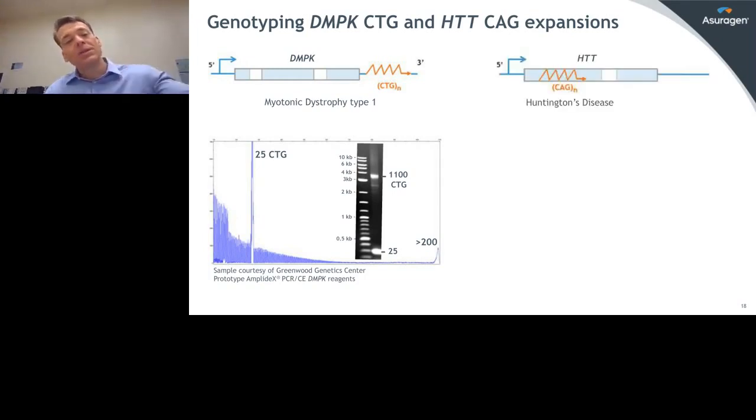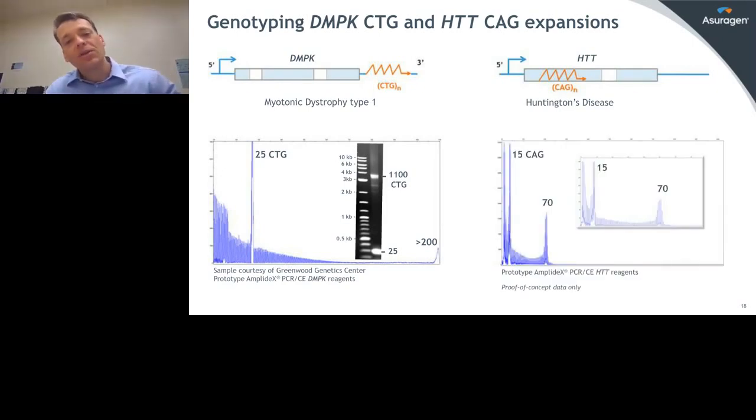Again, the ability to see the longer products is within the PCR, just outside of the reach of the platform in this case. And what that looks like is shown here in the agarose gel, out to 1100 CTGs, which we can very clearly differentiate here. So we have the capability to reach out quite a bit of distance to be able to size these alleles, depending on how we resolve them downstream.